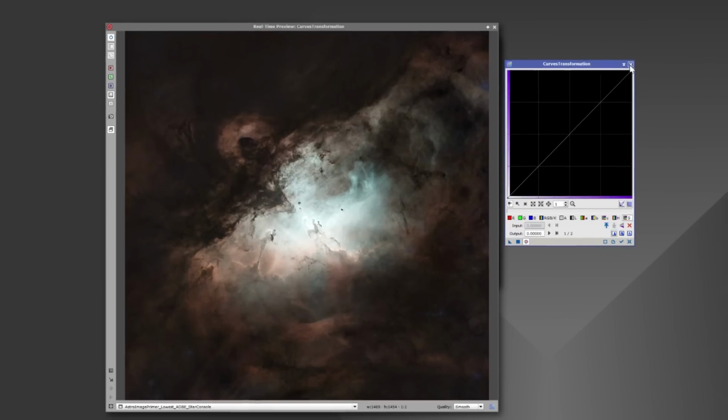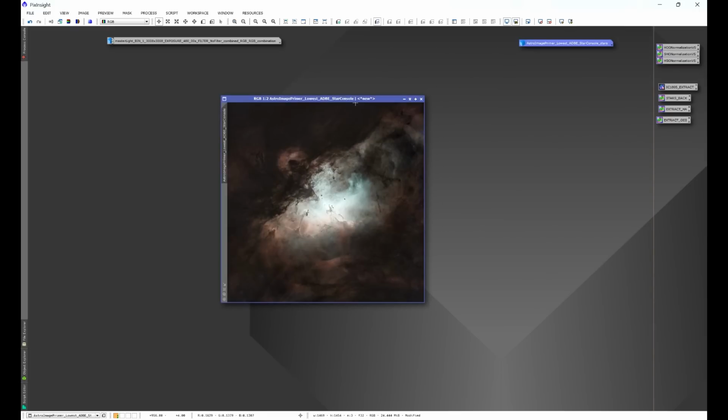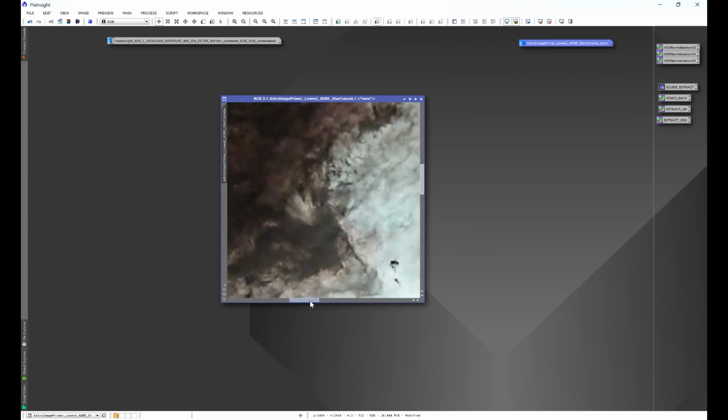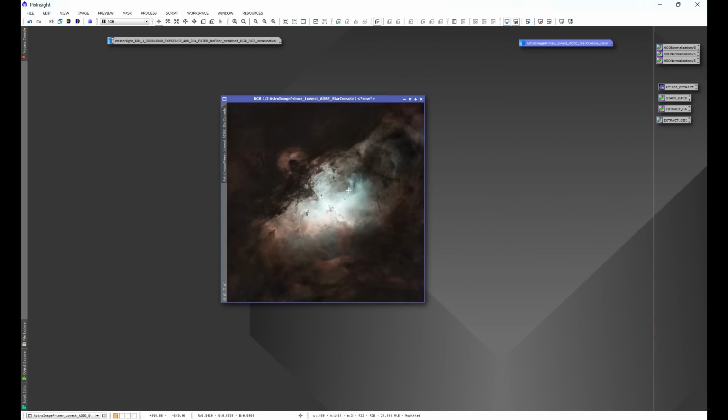I'll exit out of curves transformation, exit out of the preview, and our Starless image is pretty much done. Now we can zoom in, take a look, and just double check, make sure that everything is looking good. And it is technically also possible if you wanted to do a little bit more sharpening in the